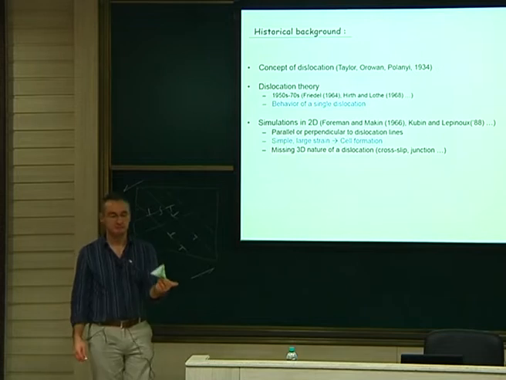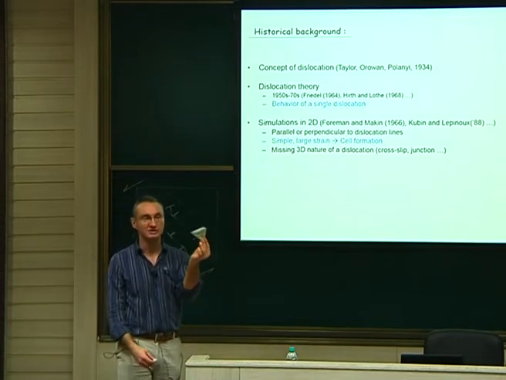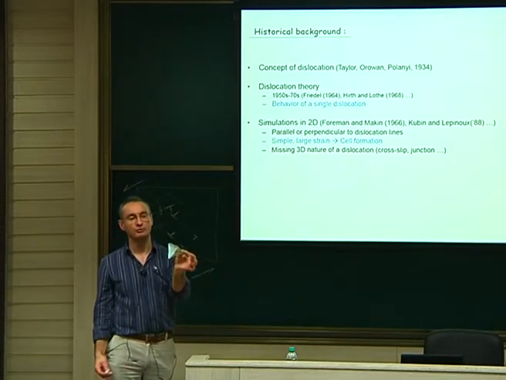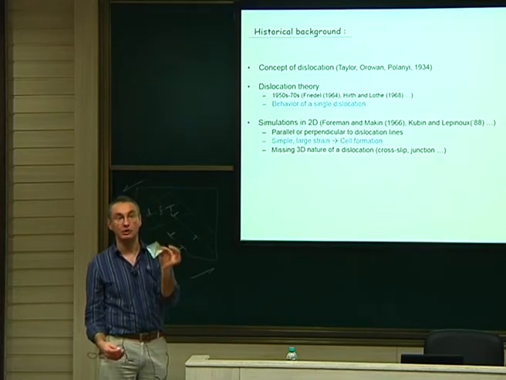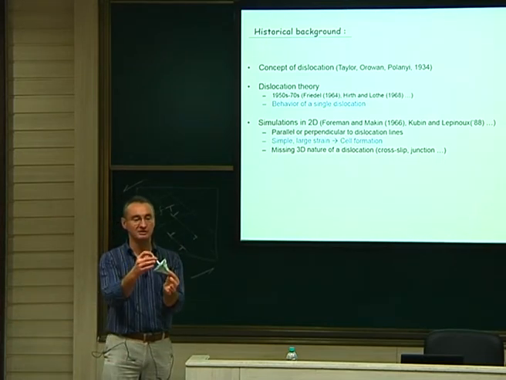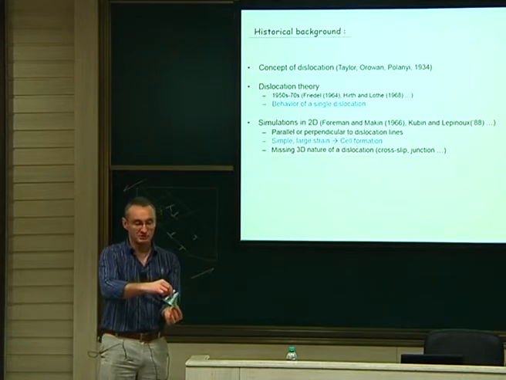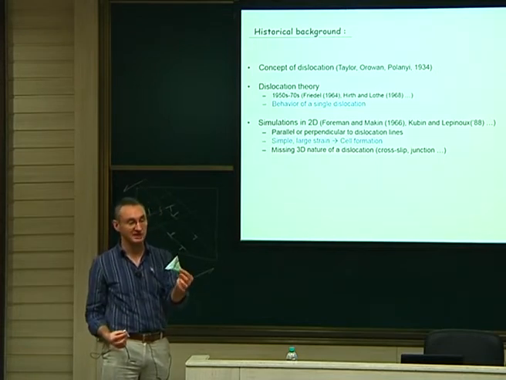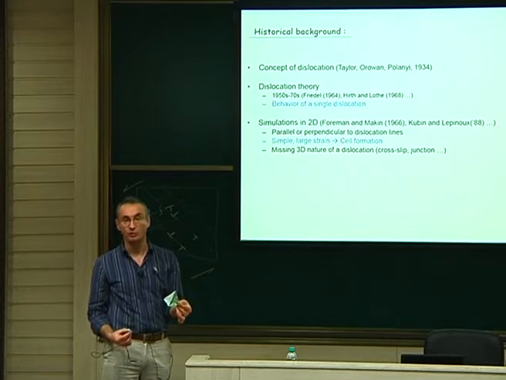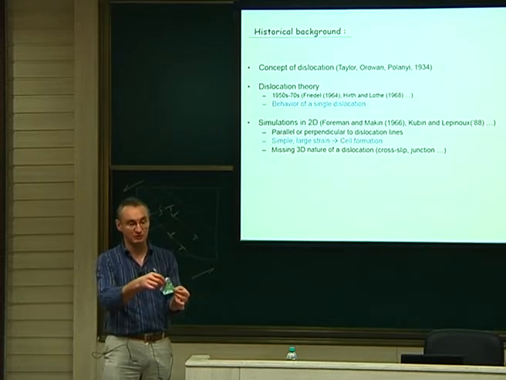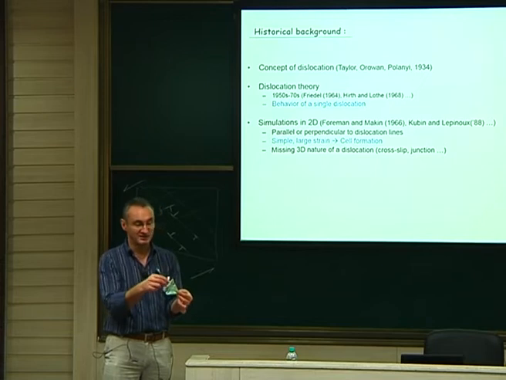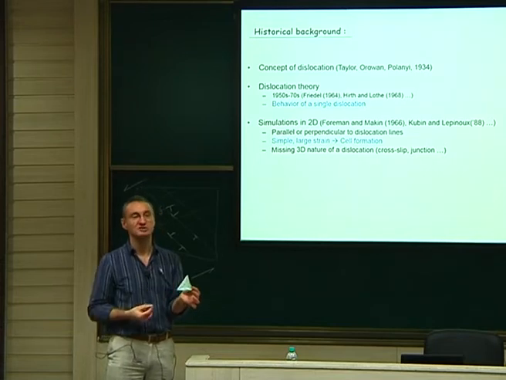But in reality, look at your Thompson tetrahedron. This is an FCC. Can you tell me which edges are parallel on two different systems? Is there any edge which is parallel? Edge, I remember, is the perpendicular to this. Look in your Thompson tetrahedron, which edge segments could be parallel. You won't find any. It's impossible to have this parallel to another one. There is never the possibility to have two edge segments parallel.